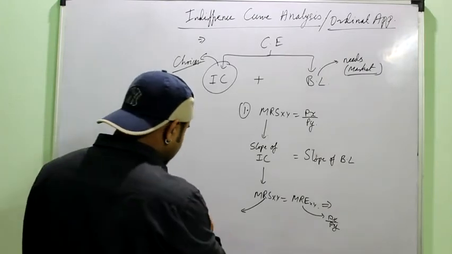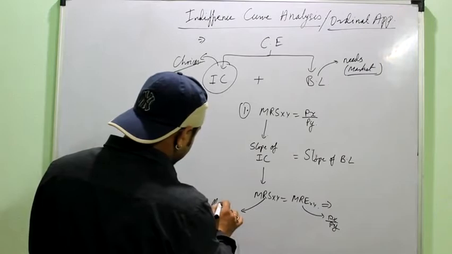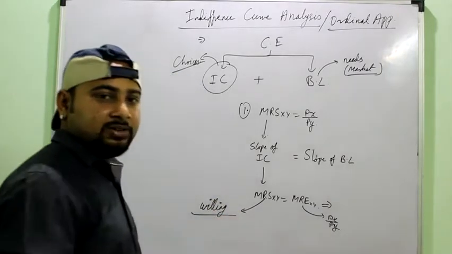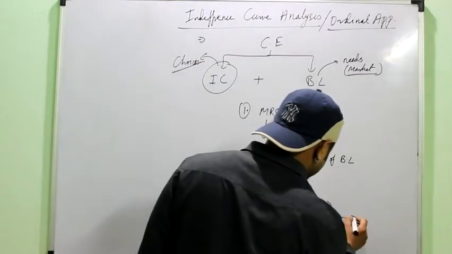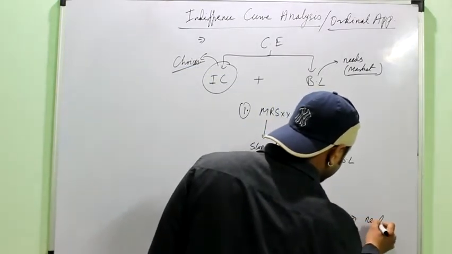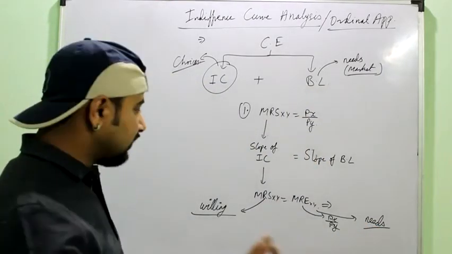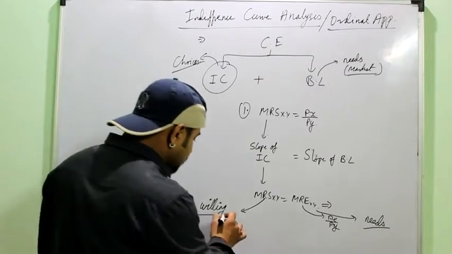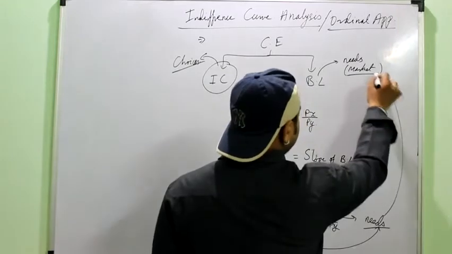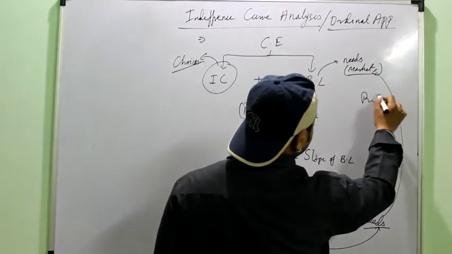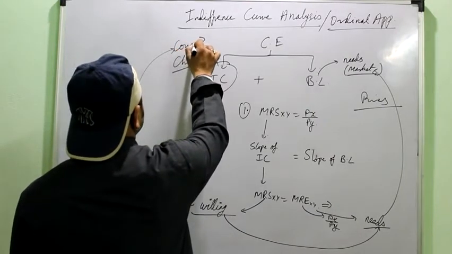Now just to understand it, remember the definition of MRS, right? The definition of MRS says that it is the rate at which the consumer is willing to sacrifice one good to gain one additional unit of the other good. While MRE is the rate at which the consumer needs to sacrifice one good for one unit of the other good. And remember, the prices are decided by the market, and